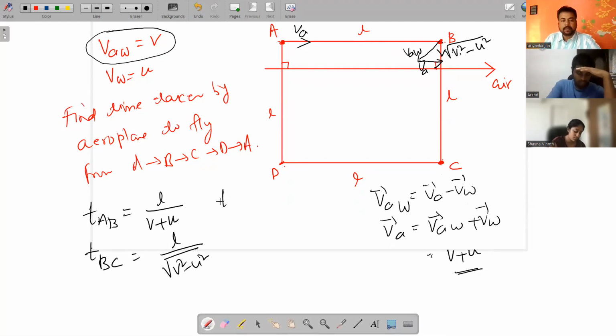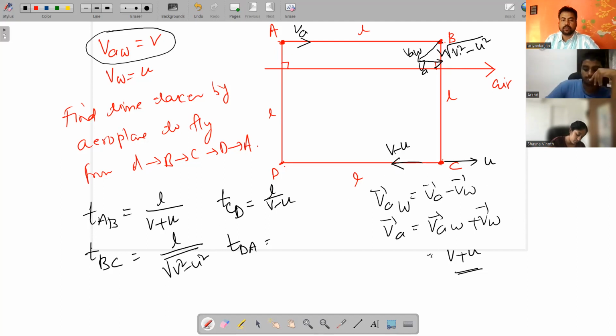If you see the time taken by the aeroplane to come from C to D, in this case wind is blowing in this direction, U, and the aeroplane will have to start in this direction. So the net velocity will be V minus U, because they both are in opposite direction. So time taken will be L upon V minus U, and time taken for D to A will be